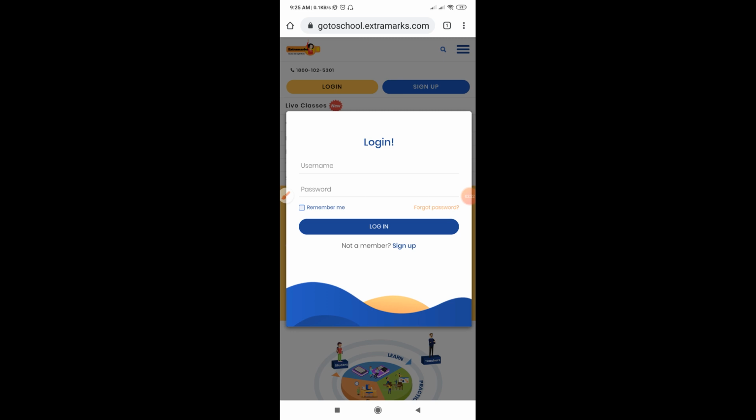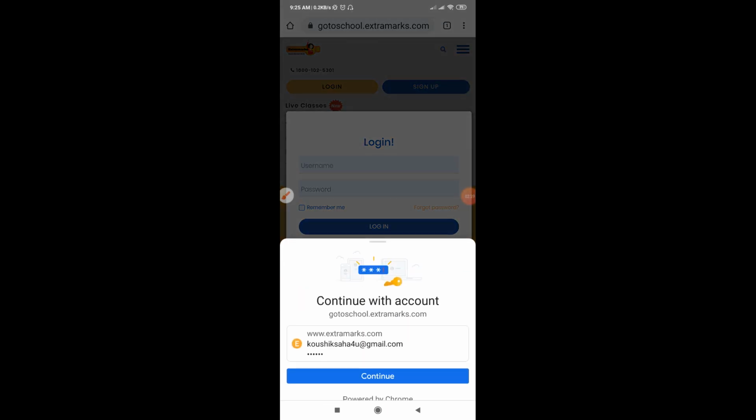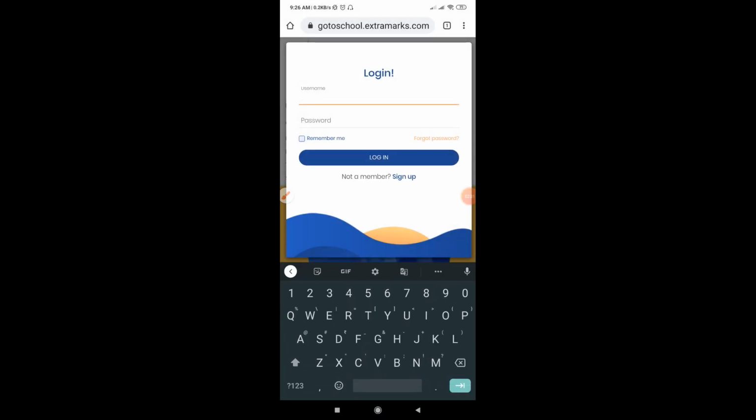Here you have to type your username and password. For username, you type capital ST, then you type your admission number.